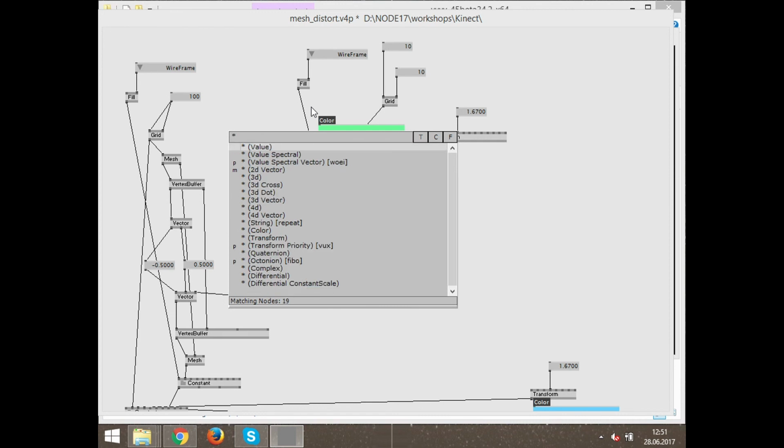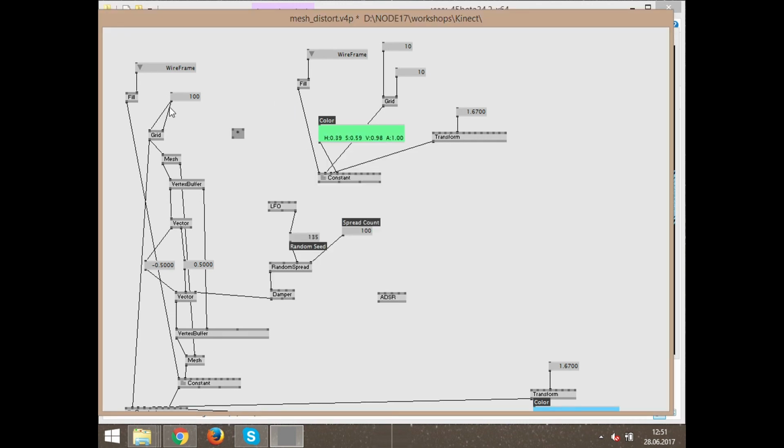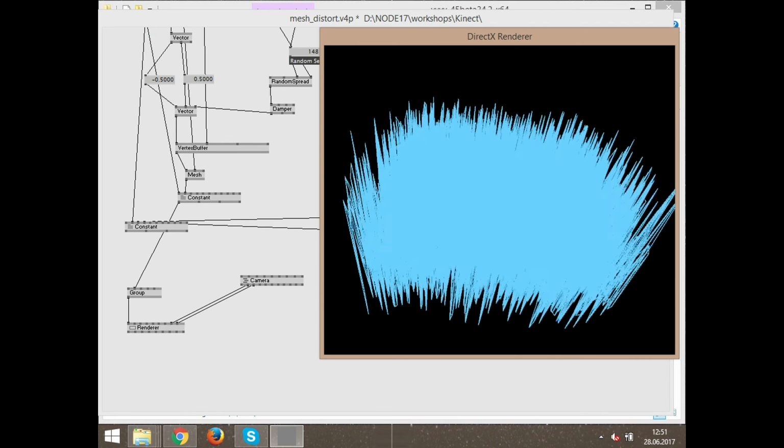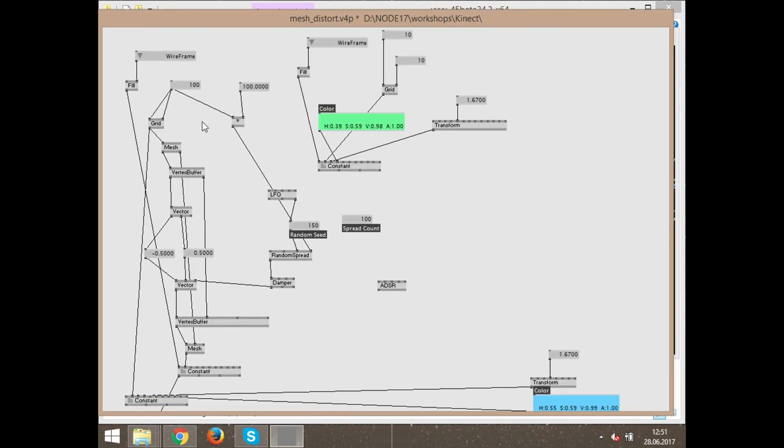So I want it quadratic. I can use this for the x and the y. I will tell the grid to be like 100 vertices, which means also here we will get 10,000 x, y, and also we need then, of course, 10,000